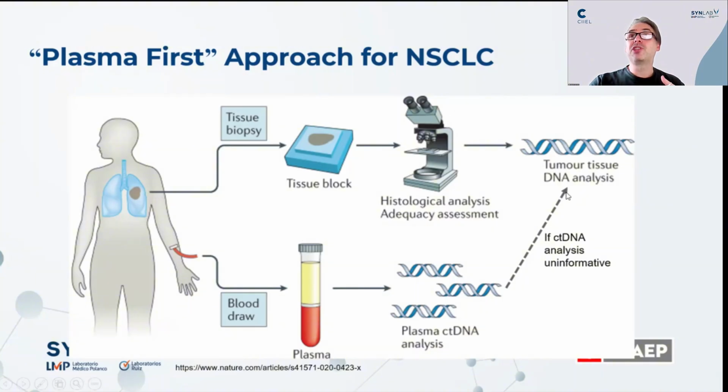And by the time you get the results back, it can be back before the patient has even been booked in for an EBUS, or it's still being processed. It's not even been sent to the genomic lab yet for follow-up. Then the tissue is still there if the ctDNA analysis was uninformative. The tumor is too small. It's just not shedding enough. It's one of those solid tumors that's not so well vascularized, or it's got a lower apoptotic index, which means that it's just not shedding and it's not detectable. We've always got the tissue there, but it also means that if this is informative